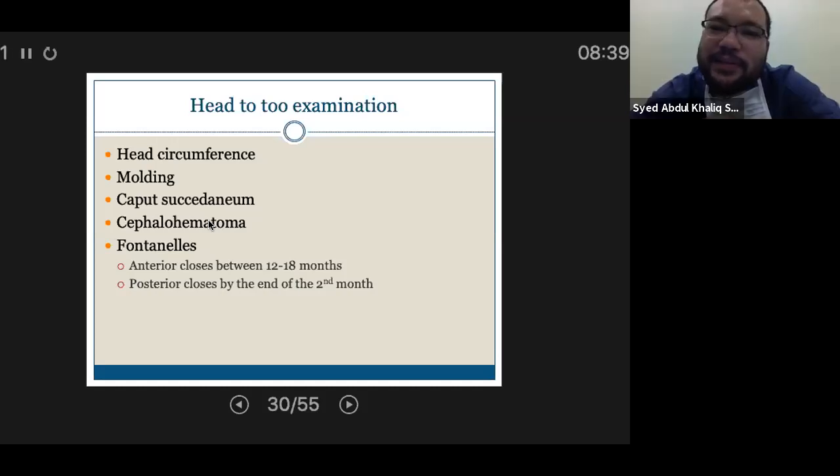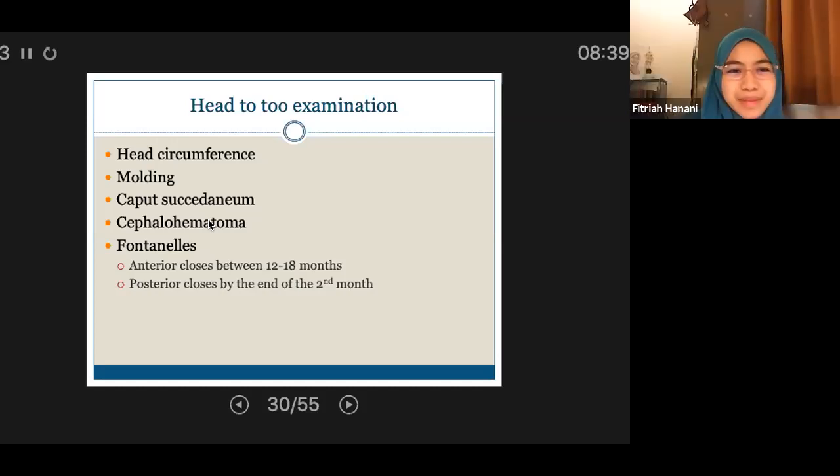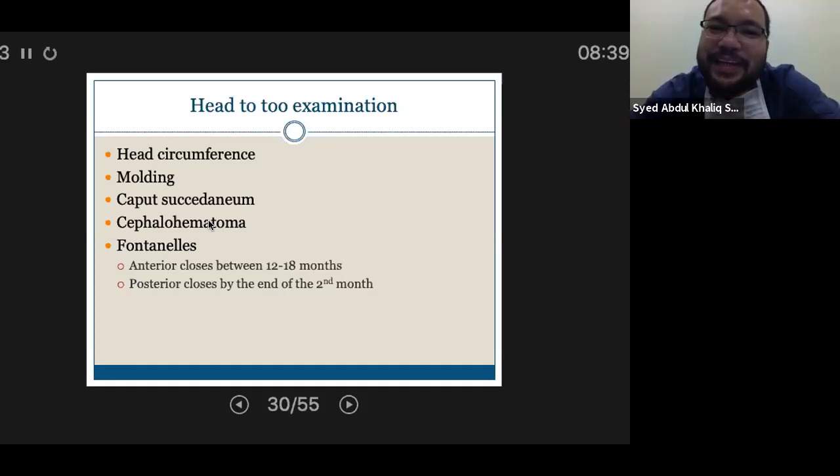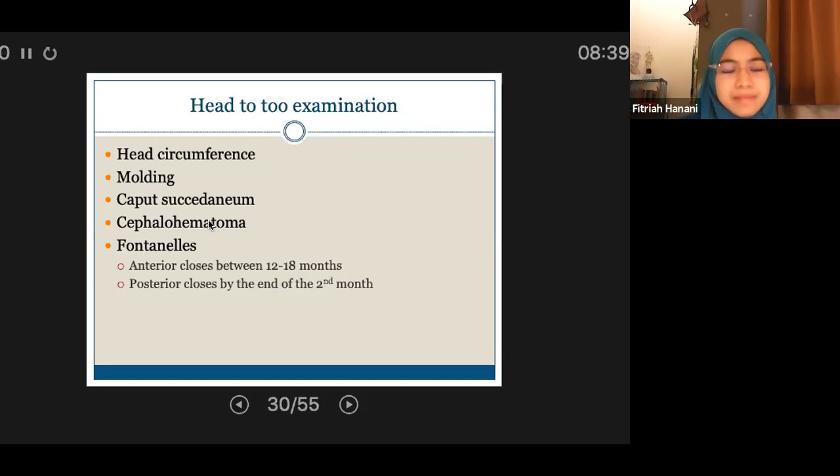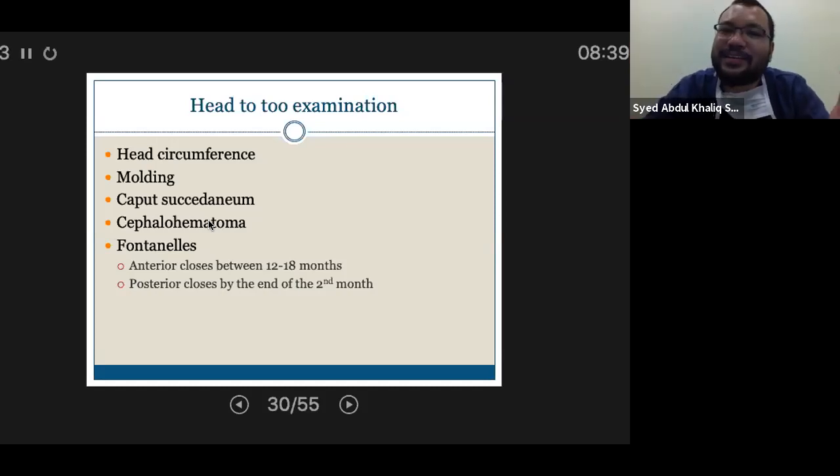Why does cephalohematoma not extend beyond the suture? Because of the layer in which the hemorrhage is located. For cephalohematoma, it is between the skull and the periosteum. So the bleeding is below the periosteum. The periosteum encircles the skull bone, so it won't extend beyond it. That is why cephalohematoma, even though it is painful upon touch, the blood loss is not that much because it is bounded by the periosteum, bounded by the bone.